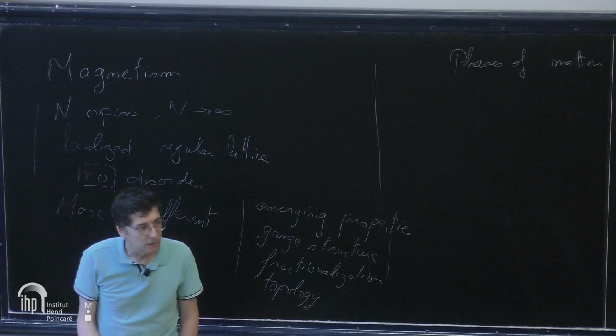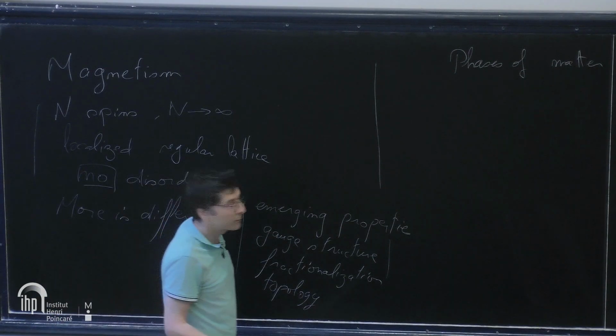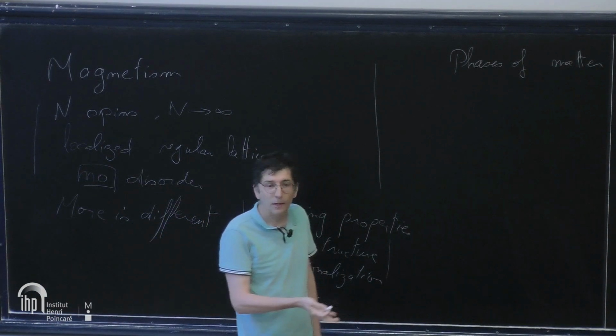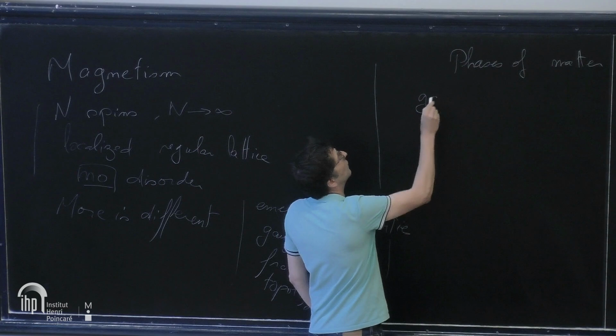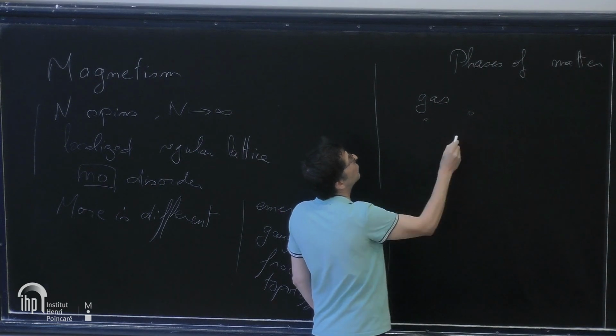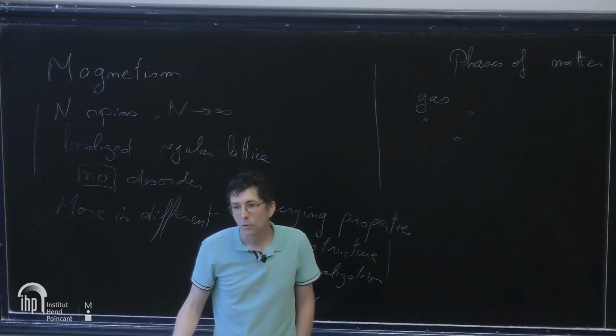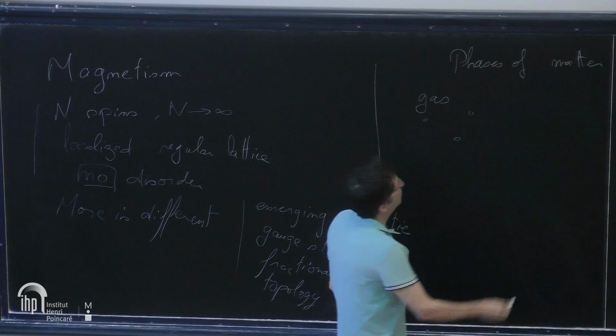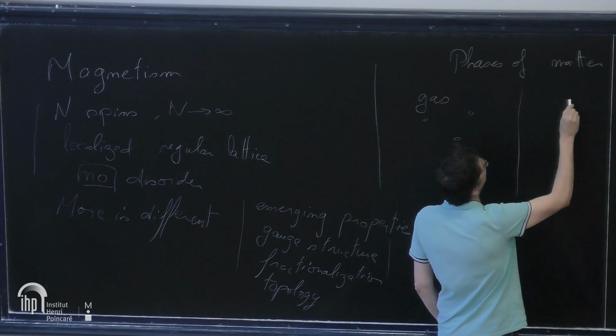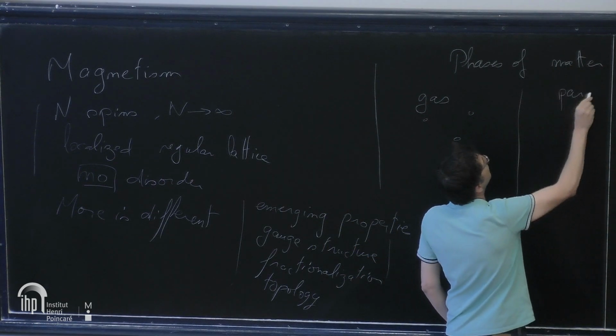And of course, we learned that at elementary school, middle school. Maybe that depends on the country, kindergarten, maybe. So we have gas, which is really free particles when there's no correlation, very dilute. In the spin language, this would be a paramagnet,